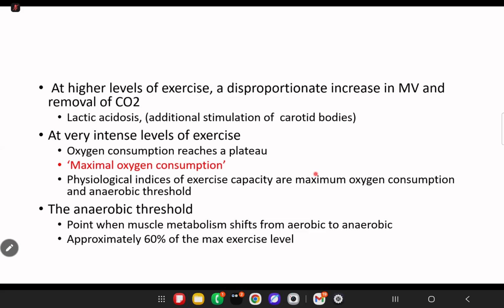So there is a level at which you have maximal oxygen consumption, and that is called the anaerobic threshold. This is the point where muscle metabolism, excuse me,